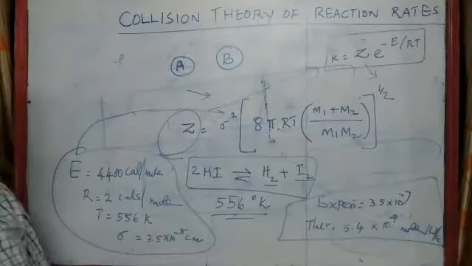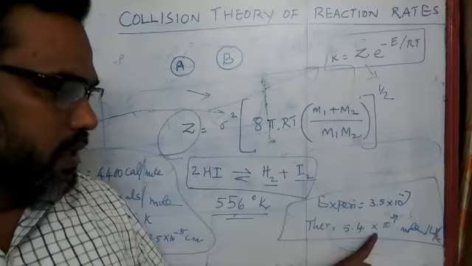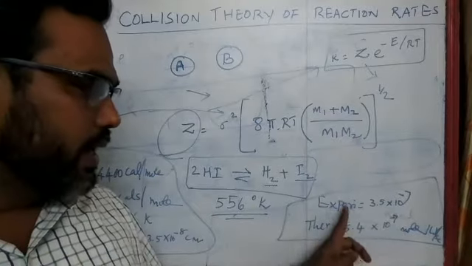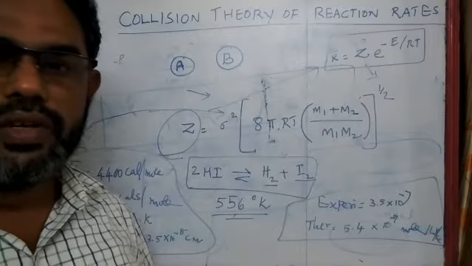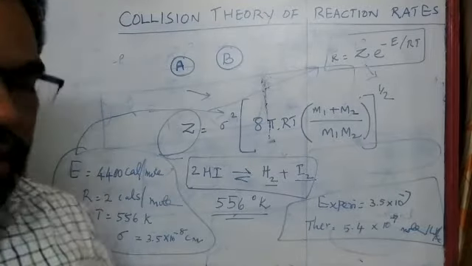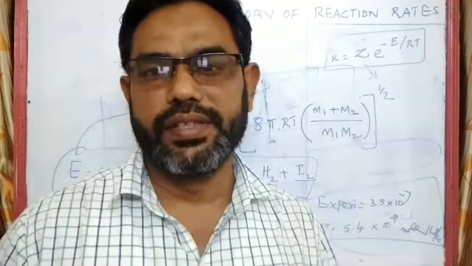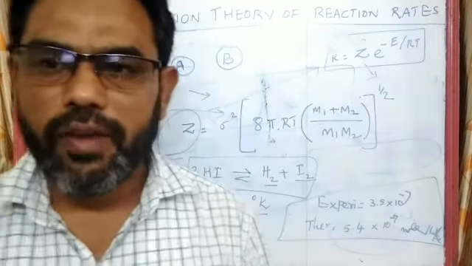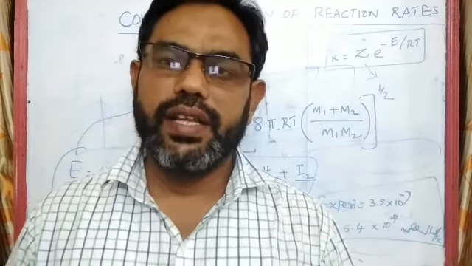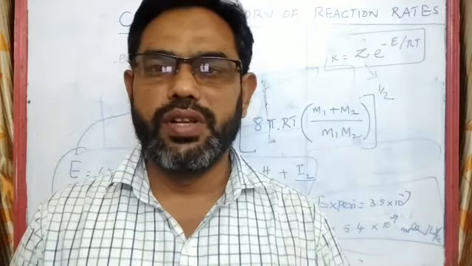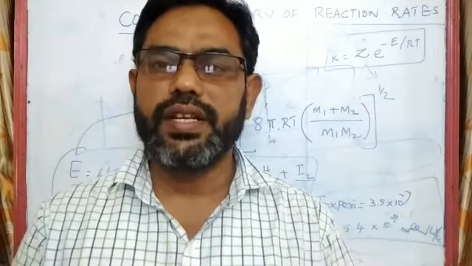So the theoretical value of the reaction rate is in close agreement with the experimental value of the reaction rate. So this shows that the collision theory works very well for simple bimolecular reactions. What are the limitations of the collision theory? Yes, there are certain limitations to simple collision theory, or certain reactions which the collision theory could